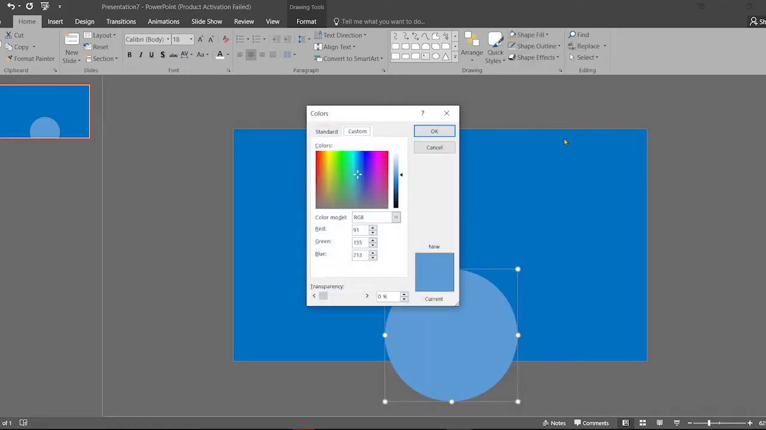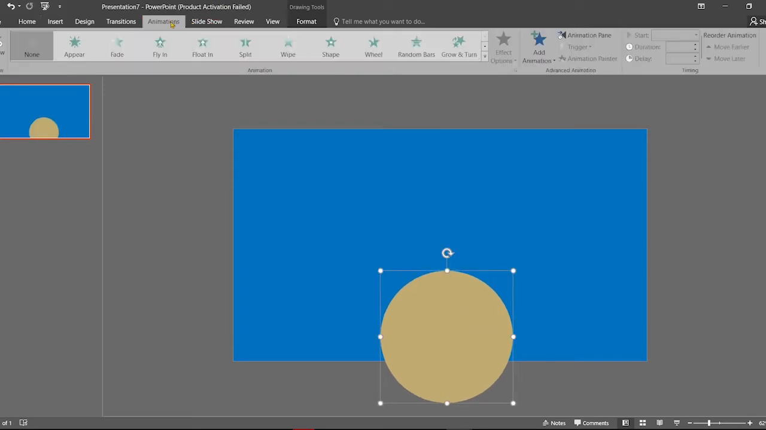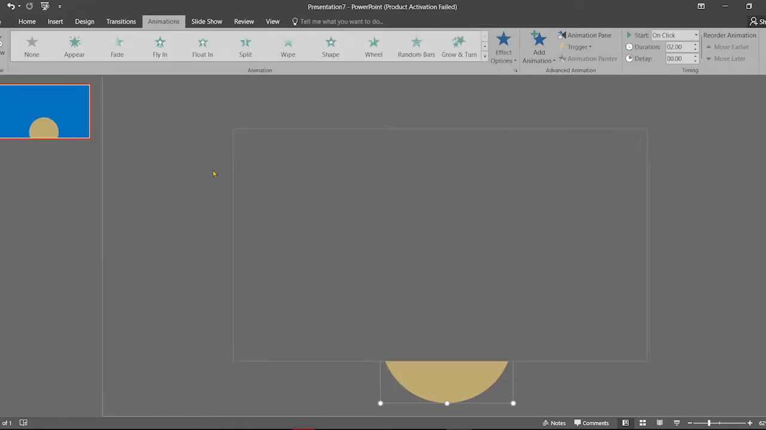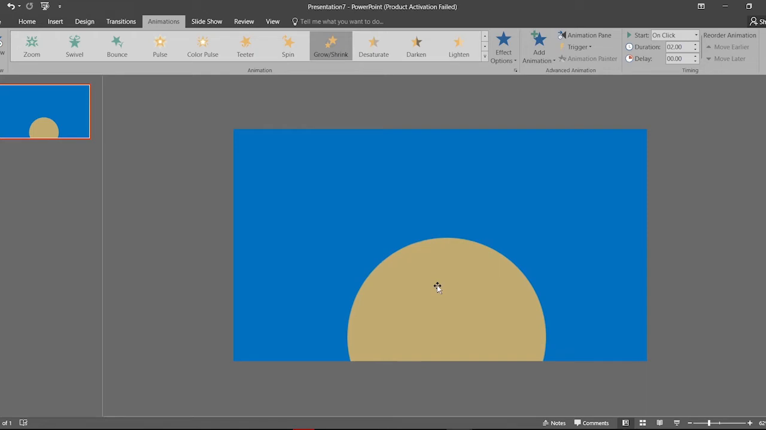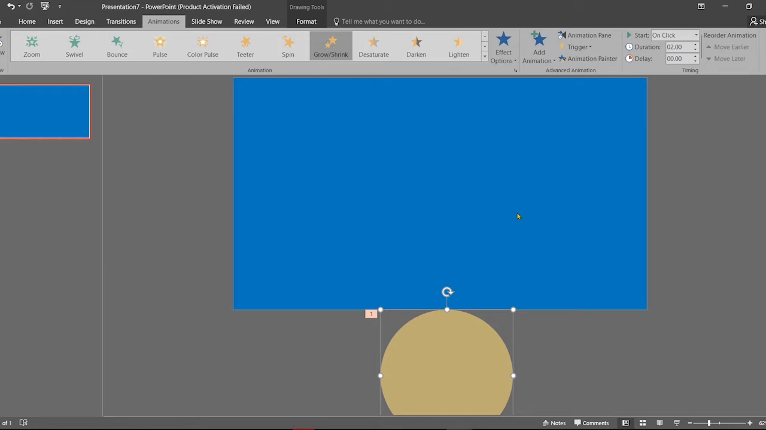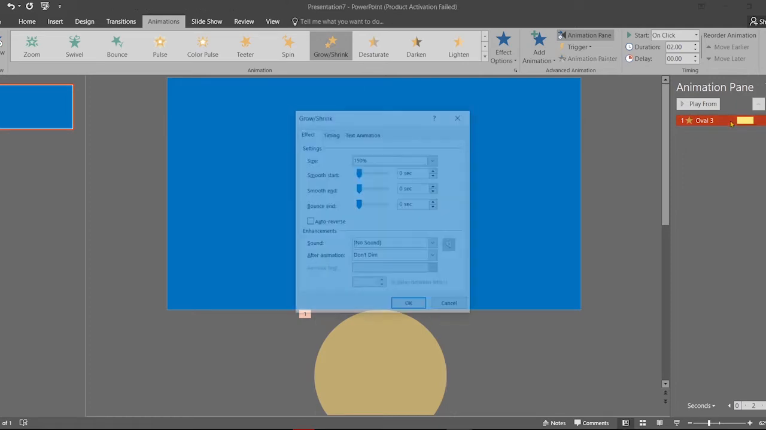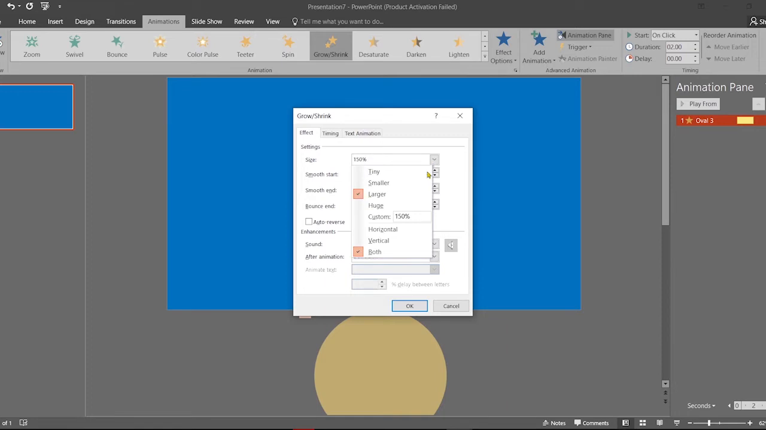I select the orangey red color, similar to this. And now I am moving to the animation pane and choose the Grow or Shrink option. In this case, I positioned it at the bottom of the slide. Then I double click the oval shape and increase the custom size